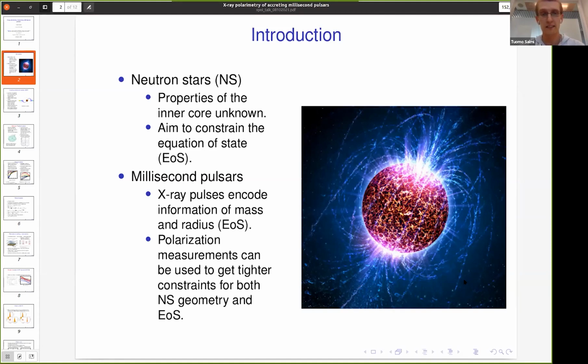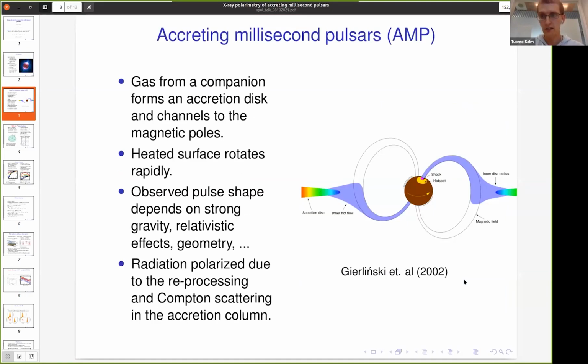And as explained in the previous talks, polarization can be used together with pulse profile modeling to get even tighter constraints on the equation of state by providing more information about the neutron star geometry, which is coupled with the other parameters of the neutron star model. The class of neutron stars where this is especially useful is accreting millisecond pulsars, where we have, of course,